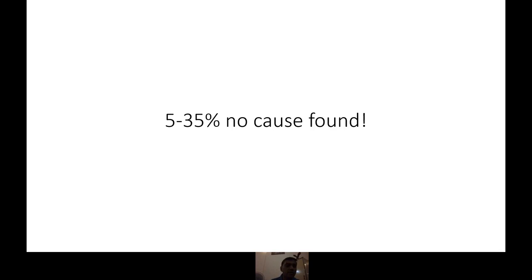Well, when you analyze all the pyrexia of unknown origin patients in pediatric practice, unfortunately about 5 to 35% we cannot find a cause. But the good thing is most of them are rather benign causes. Even without treatment they settle on their own. So these are generally not serious.